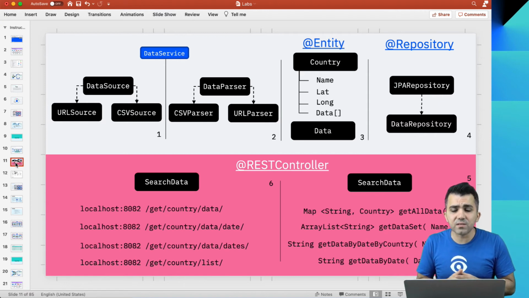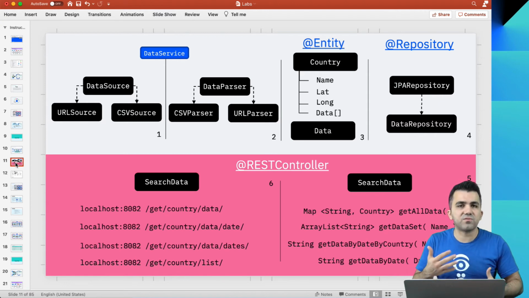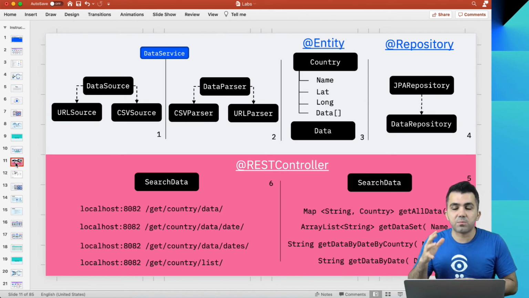Our repository, in this case, we are looking at it from the Spring Boot perspective, those annotations. Our repositories are JPA repository, and then data repository implements that. Our REST controller, we've got on one side our internal REST controller, which are just functions that make data available to the rest of the Java application, and then we've got the REST controller for the APIs.